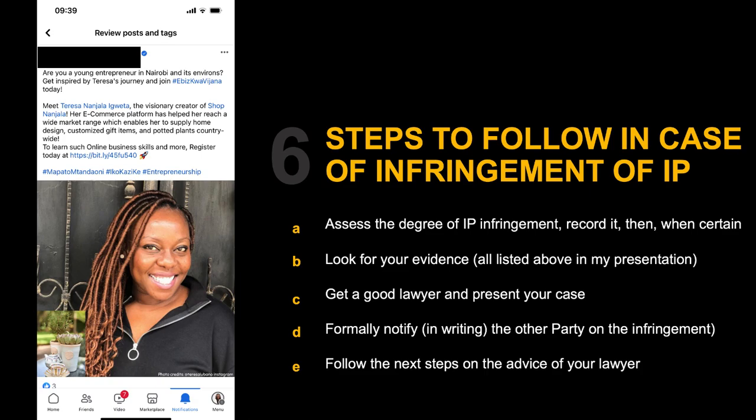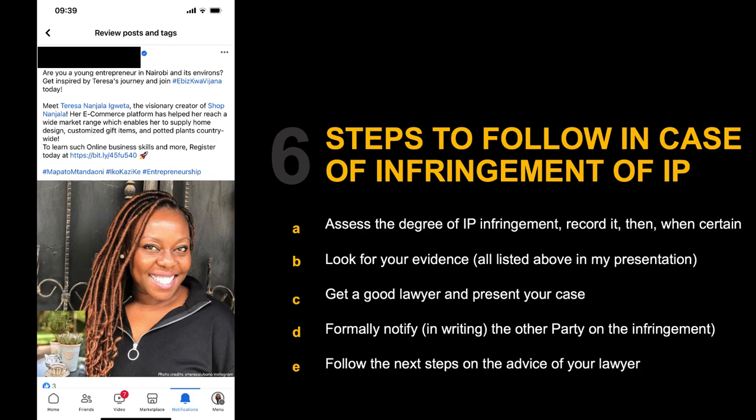And then when you're certain that it is an infringement, look for the evidence. Again, take pictures or check through all the social media so that you have screenshots of everything. So if they put a post using Hootsuite and they have the infringement on Twitter, Instagram, LinkedIn, you can screenshot all the platforms, right? Before you actually make your move, right? And then this is what will serve as evidence. And I think I've also just mentioned that these are things that you need to have.